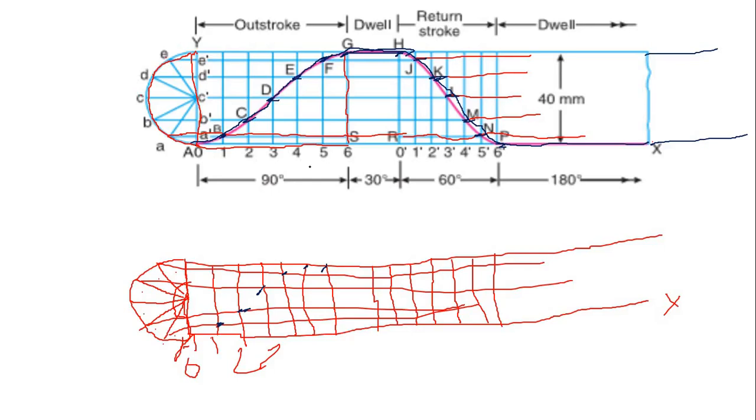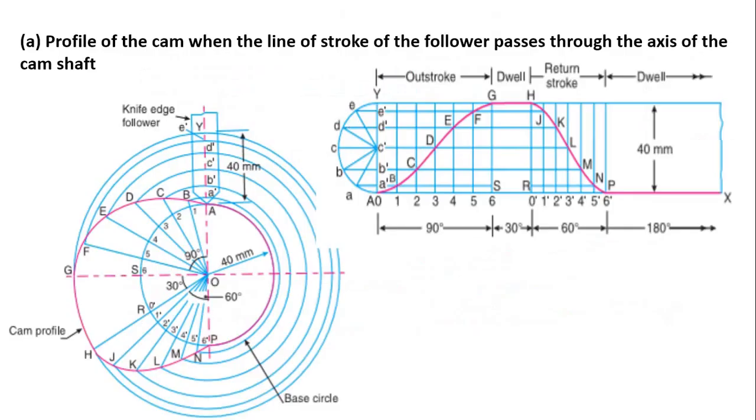Now students, we will have to draw the cam profile with the help of this diagram. Now let's draw the cam profile. This is a cam profile, but I can explain how to draw the cam profile here. First of all students, we have to draw a base circle of cam. Suppose like this base circle of cam, which is shown by this line, red in color.